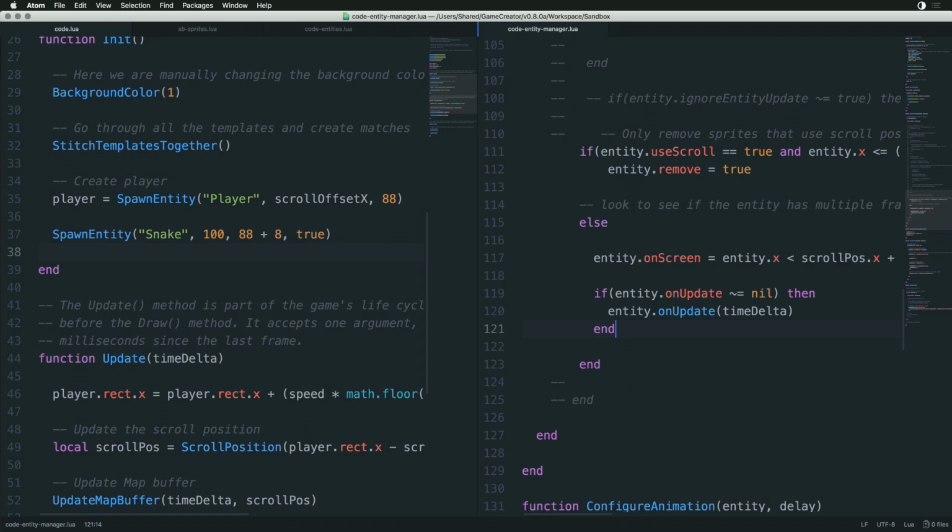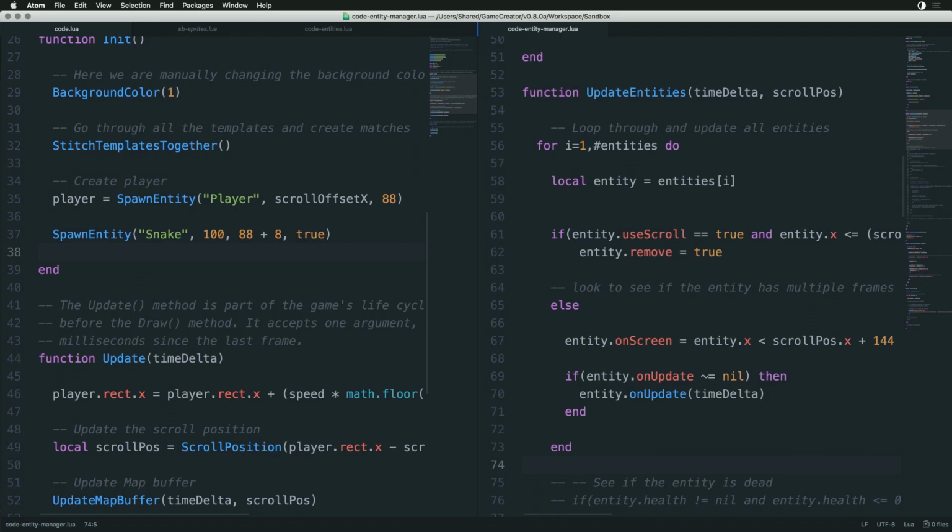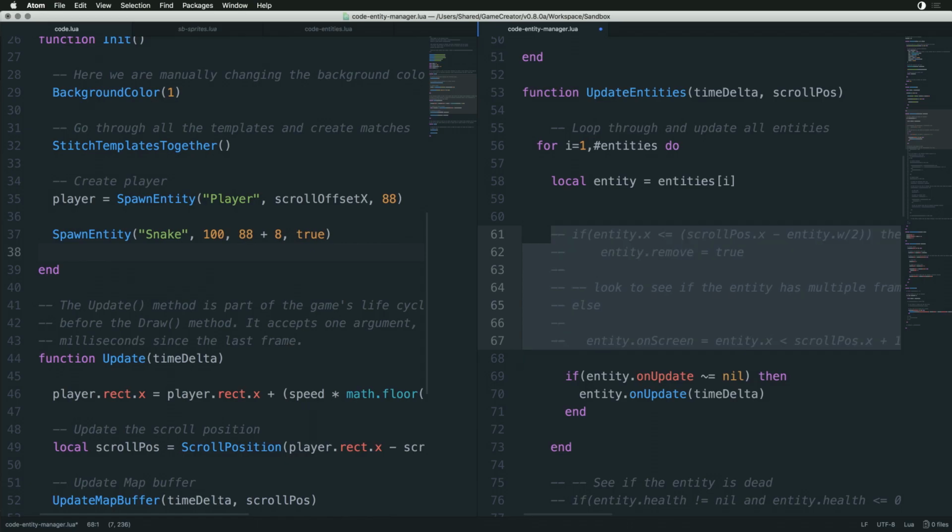Now, what happened before was that in the game that I wrote, I had bullets checking their own direction, and I had other things checking their direction, and I had this big mess. So we're going to start by getting rid of this, and we're going to test to see if the entity is still on the screen. In fact, let's get rid of this and this, and we're going to do a local